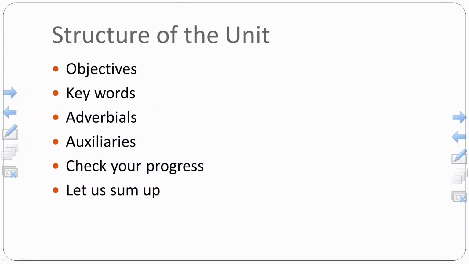So, in today's session, the topic is adverbial and auxiliaries. The structure of the unit is objectives, keywords, adverbials, auxiliaries, and then we'll have some exercises, and at the end, we'll sum up the whole session. We'll go through all the points in detail. Now,